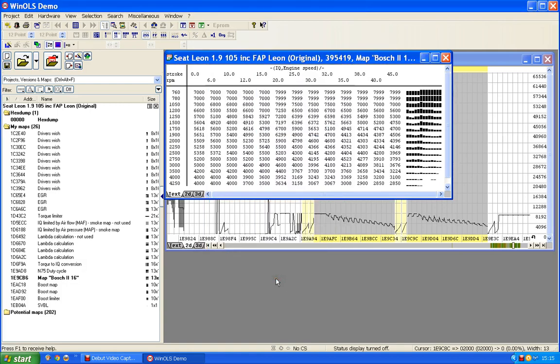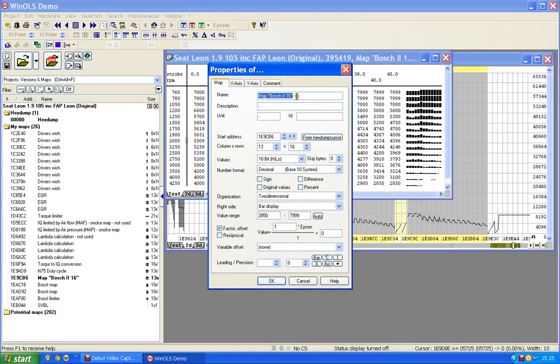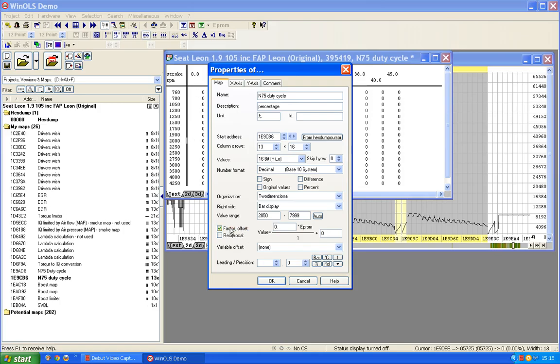You can see how quick you can do these once you get your eye in. So we're expecting this to be N75 duty cycle, so we're expecting that bit to be percentage, and we're expecting that bit to be a percentage sign, and we're assuming that this is going to be 0.01,